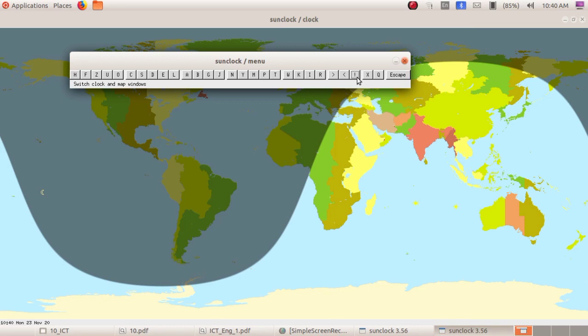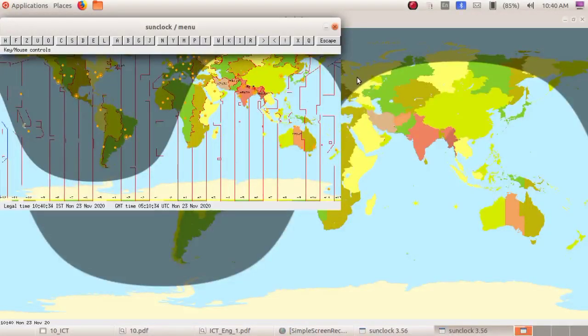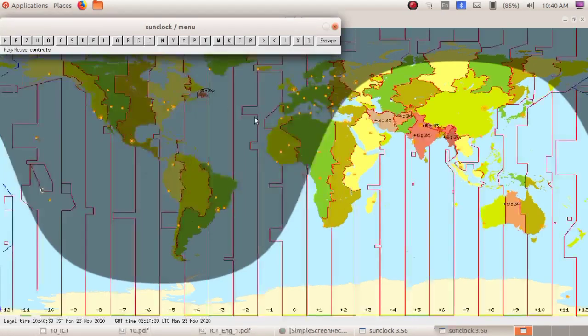So I am just clicking on that. See, we can see the map showing time zones. Next, click continuously on the toggle night tool. The toggle night tool is N. What are we clicking on N, toggle night tool, for?